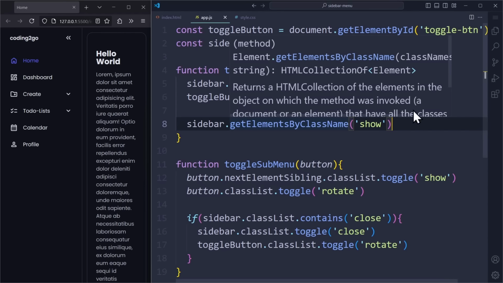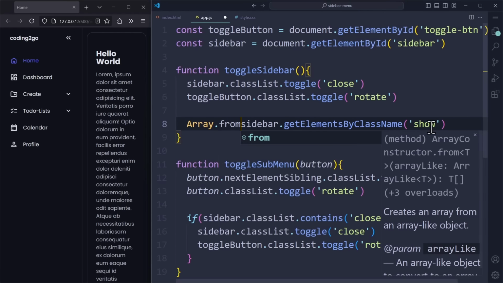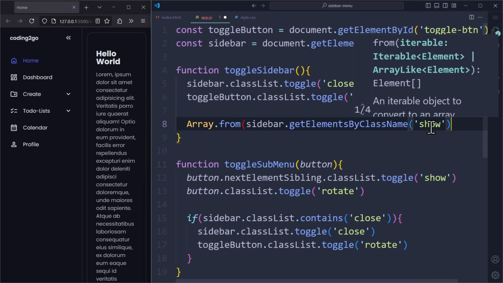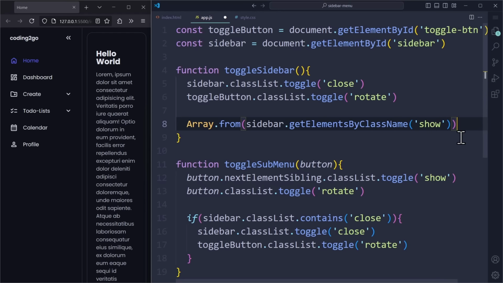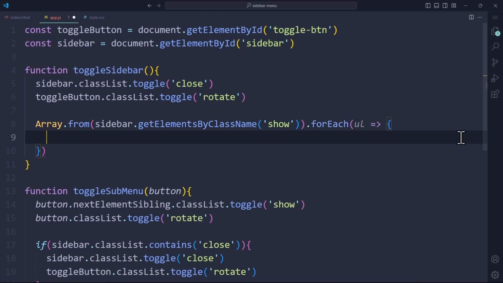I'm doing it this way because we might have many different dropdowns that can be opened or closed at any given time. I want to make sure to have all the opened dropdowns in this HTML collection. But I also have to turn this into an array so that I can work with it. Let's call Array.from and then put the entire thing inside. These are now the opened dropdowns in the form of an array. Now we can call a forEach loop to iterate over the array. For each UL, we want to execute the following JavaScript code: